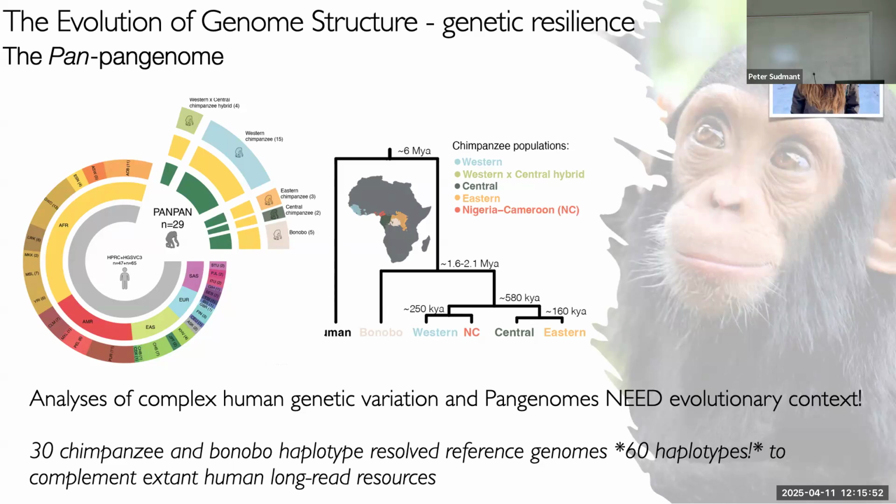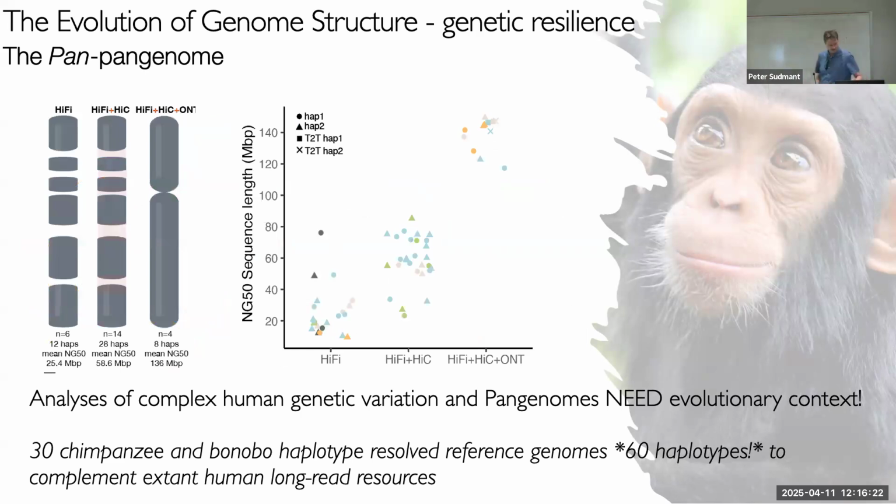I'm not sure if people are familiar with, but chimpanzees are quite different from humans. So chimpanzees split from their sister species, bonobos, about 2 million years ago, and they have 4 different subspecies that all have quite deep coalescent lines, maybe 160 to 250 to 500,000 years ago. So these are very, very different. And so we've made genomes from all of these, and I'll just tell you some very quick things. This is very much work in progress, but I'm really excited about it.